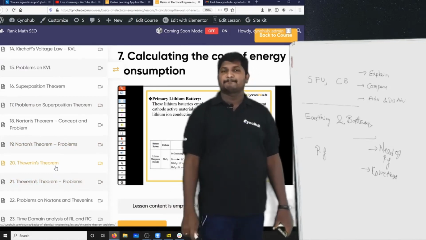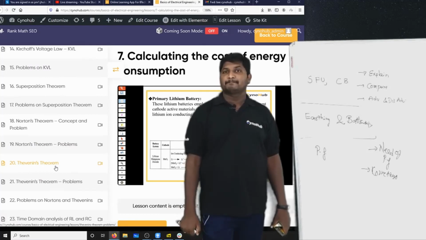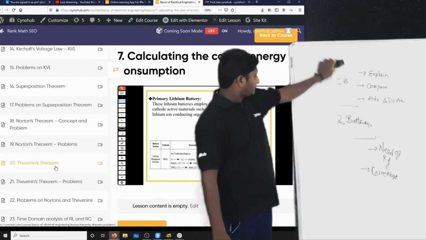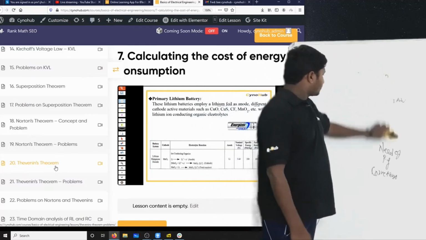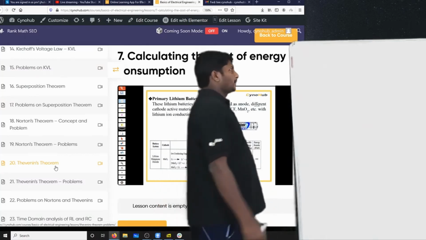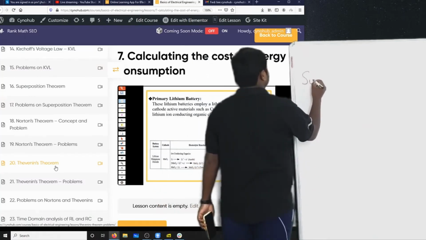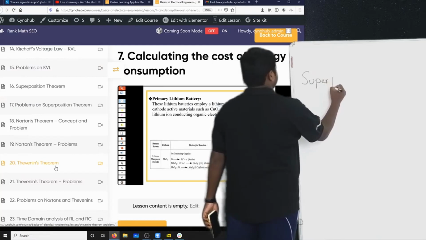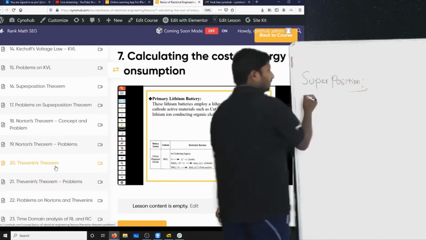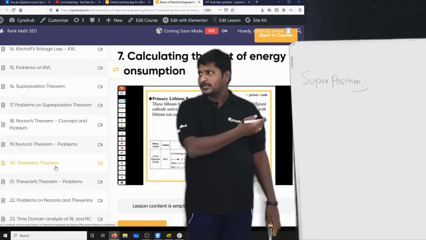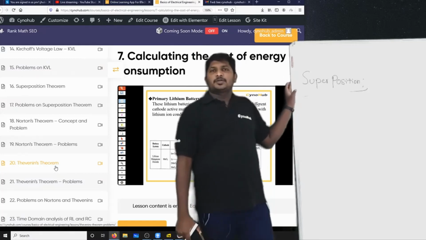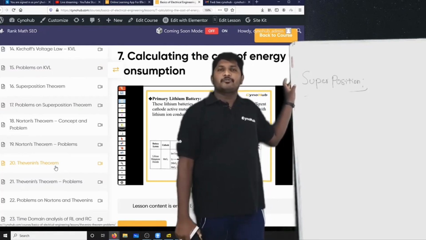So, students are asking if you can explain any theorem in unit 1. Simple ones like KVL or KCL. Theorem means superposition, Thevenin's. Okay, I'll explain. Superposition, I'll explain. I'll take that example. Yes, I'm taking superposition. Some of you are asking about an explanation of any one theorem.